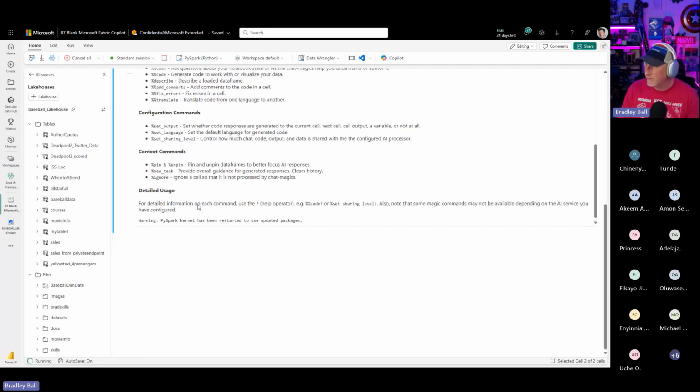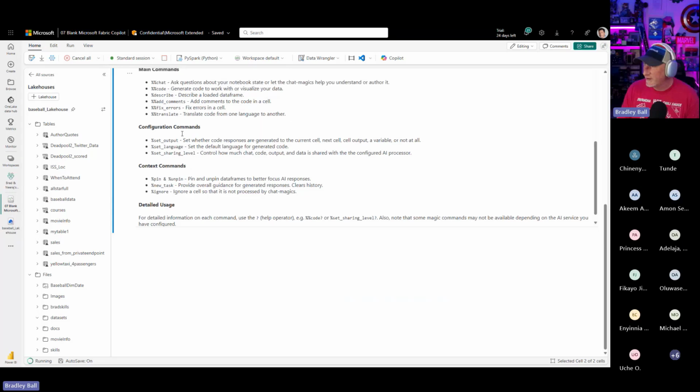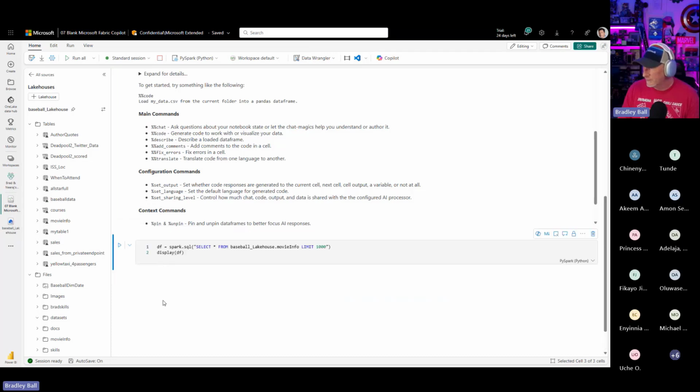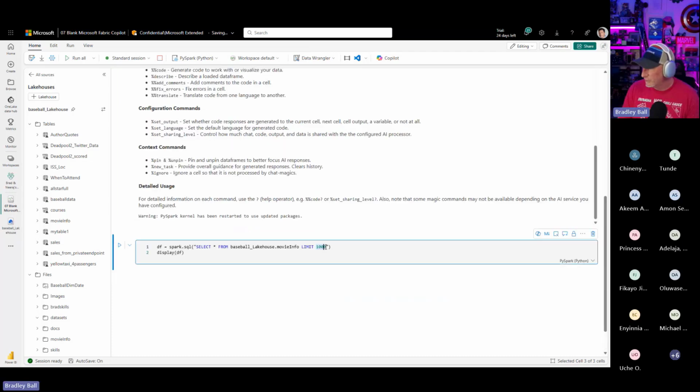And you can see here's the command. We're going to say chat, ask a question, code, generate code to be able to work. We could describe things, add things. We're going to use code and we're going to use fix errors. So the first thing I'm going to do is come over here and load my movie info. And then I'm going to use the backspace button just to pull out the limit.